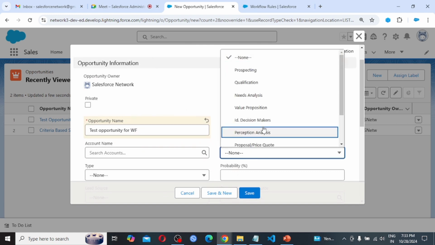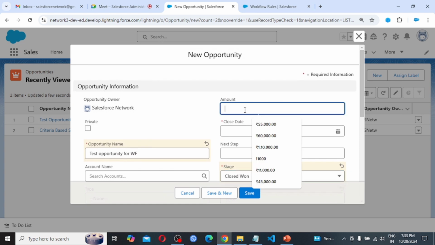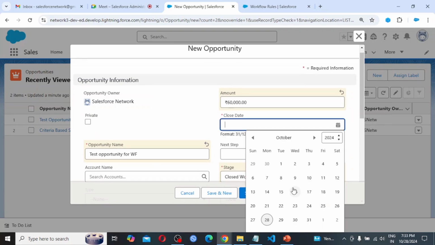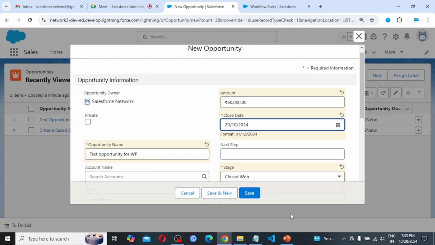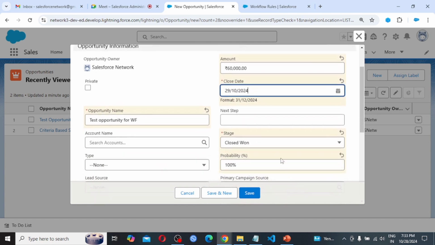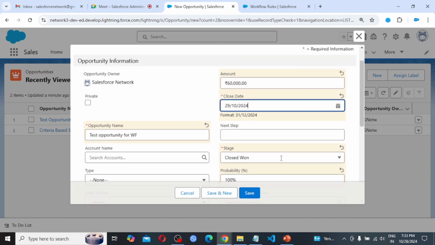Stage would be closed one. Amount must be greater than $50K. So here I am providing $60K. Close date. Also we can go with forward dates. So I am making it tomorrow's. So all is fine.